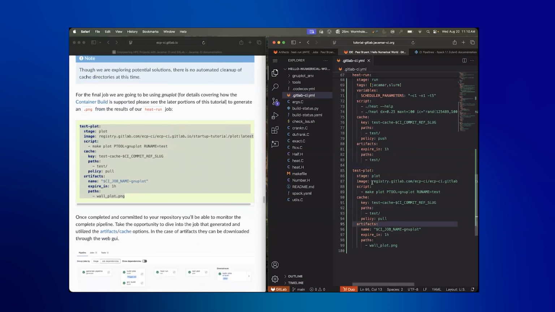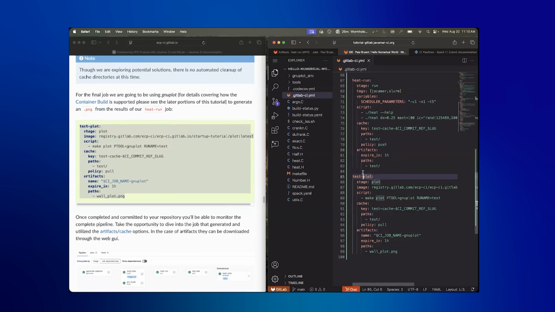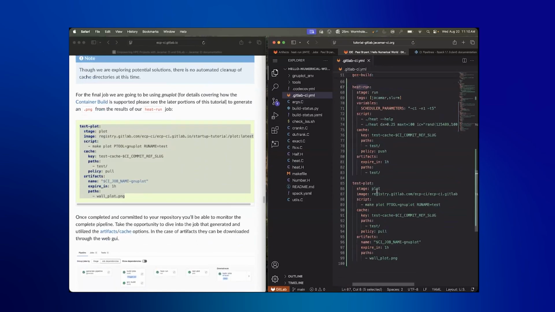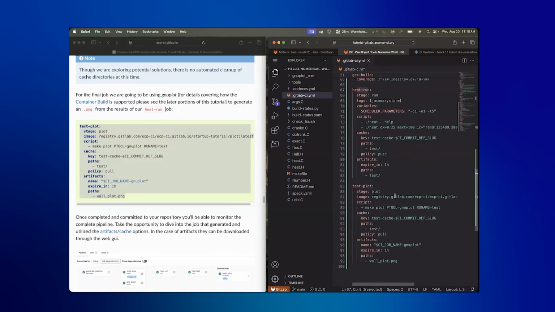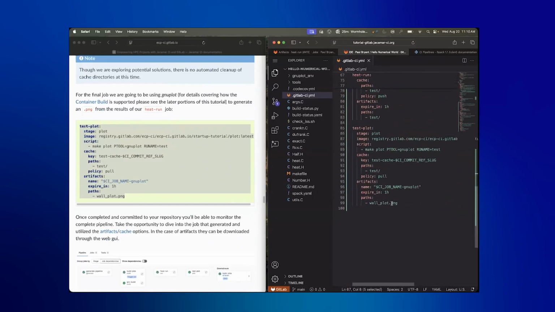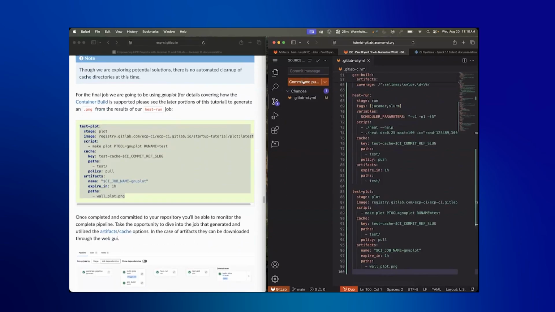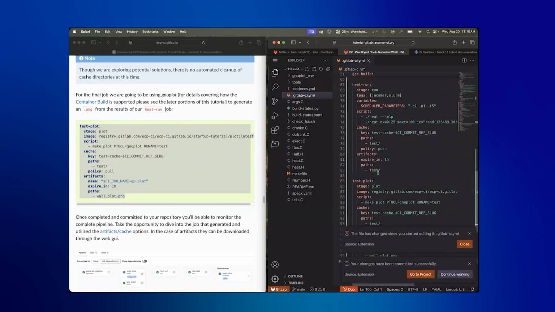We added a test plot, and this test plot is actually going to use the results of the heat run in order to generate a PNG. In this case, we're just going to use GNU plot to run this. There's a couple other options available, but this proved to be the fastest for the tutorial. And so now if we run that,